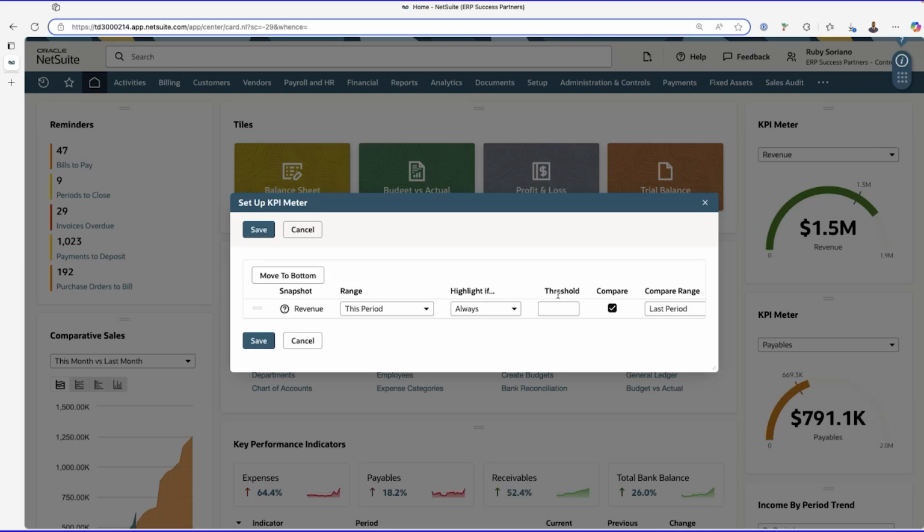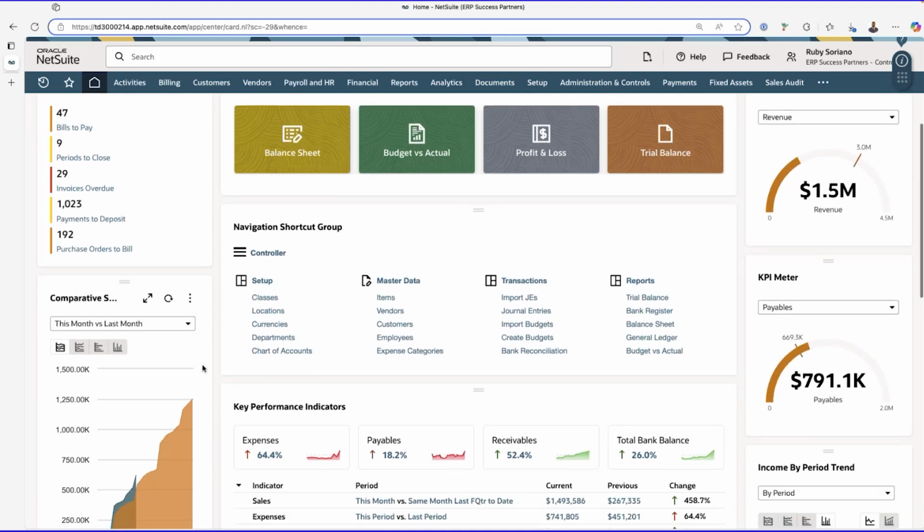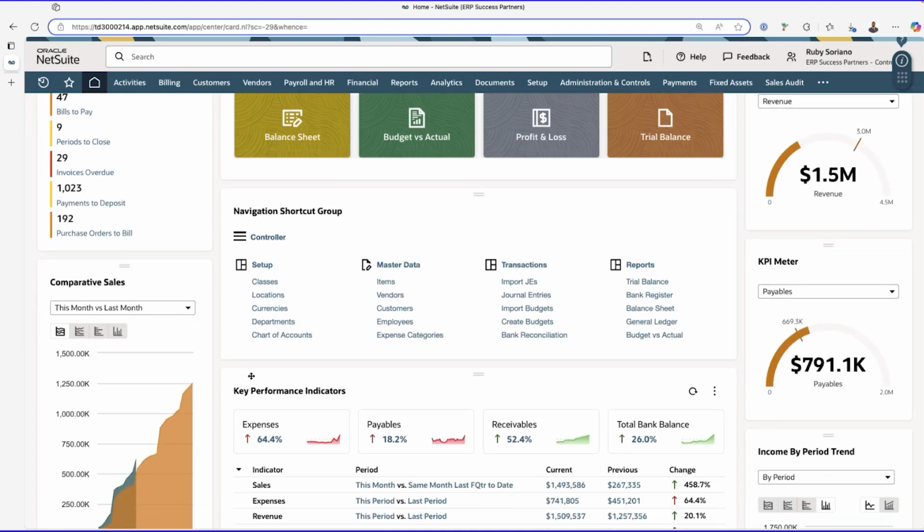So I can set this up and add a certain threshold if I want. So let's just say I want to add 3 million. And click on save. You can see how that needle has now changed because I've added that threshold of 3 million. So you know at all points in time what's in the orange, what's in the green, and also what's in the red. You also have your navigation shortcut group, which gives you quick access to certain setups, master data,